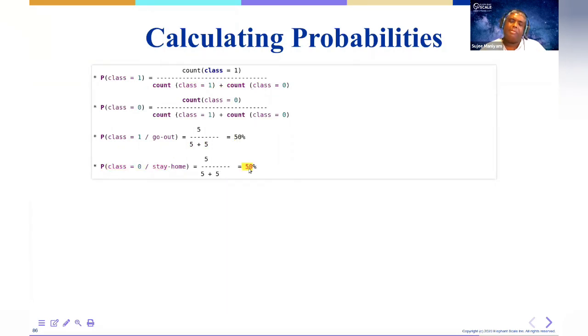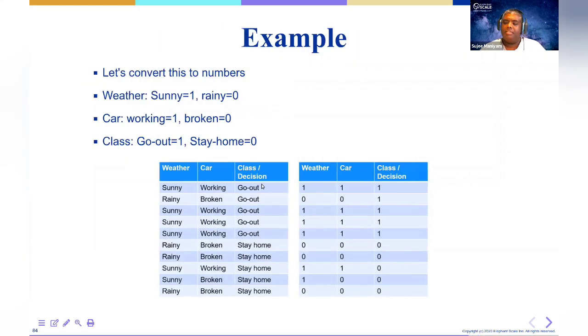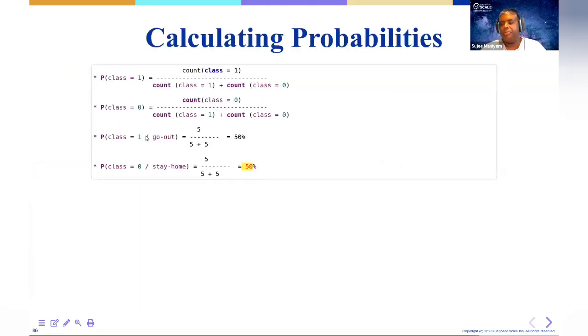Why is this important? Why am I calculating this probability? Because in order to predict this decision, I also need to understand whether you like to go out or stay in. Some people are naturally outdoor people, they like to go out, so your chance of going out increases because you are an outdoorsy person. Some people like to stay indoors. So if I need to predict whether you're going to go out or stay indoors, I need to know your probability. That's why this is important. The chance of me going out is 50%, 50%, so it's equal probability.